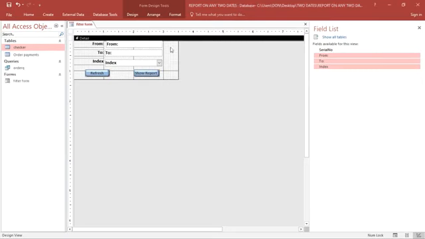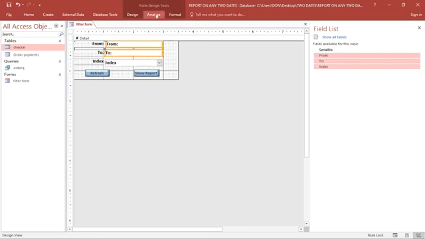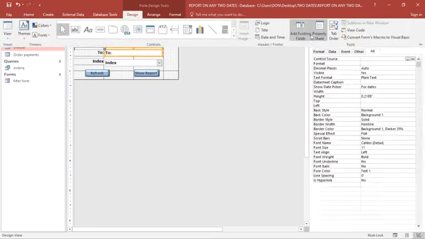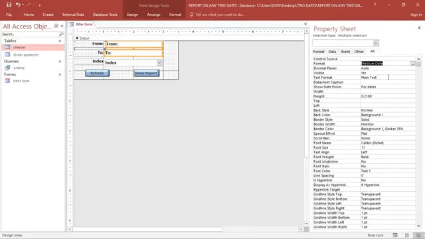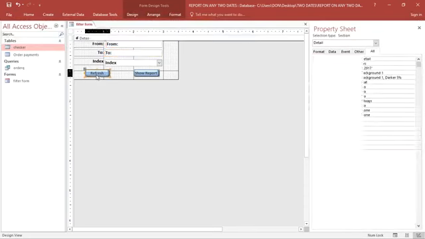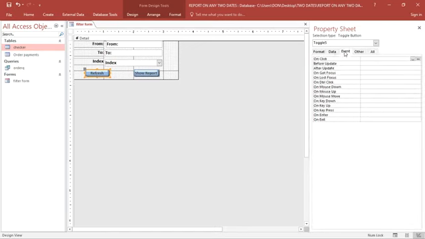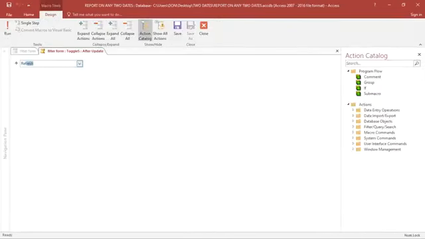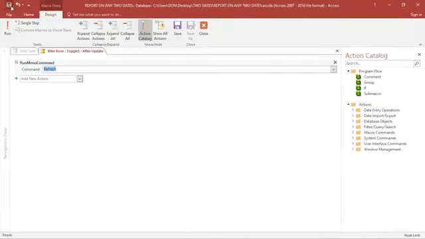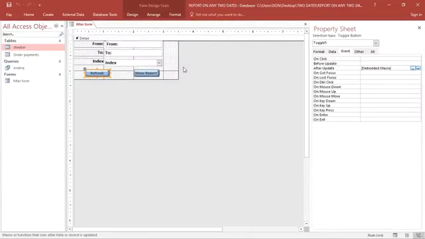like that. Then go to these 2 points, the from and to. Here I want to go to property sheet, then change the date format. The date format of this one should be medium dates for that. Then go to refresh button, go to event, go to after update event, go to macros, hit the 3 dots, go to build macro, then here just type refresh, that way, then save. That button will refresh or